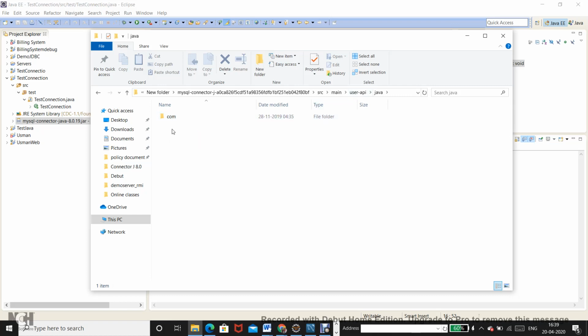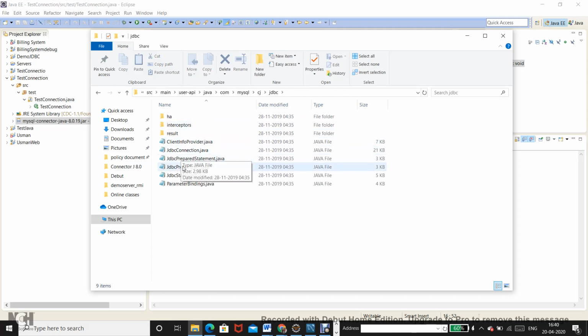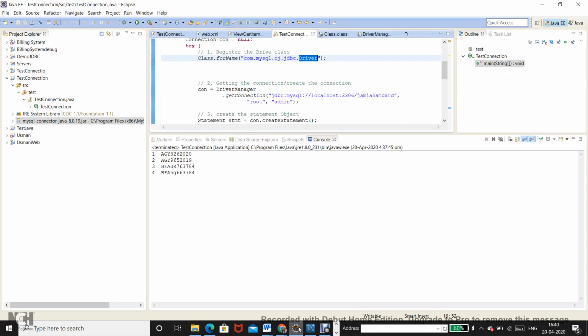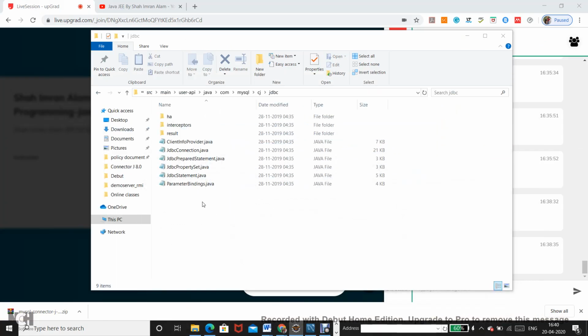But the directory structure of the package that starts from com is intact. So you start with com mysql, now you have got CJ, and then JDBC, and then it should be having a driver class over here.